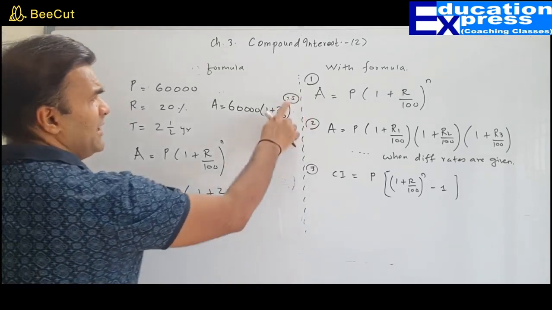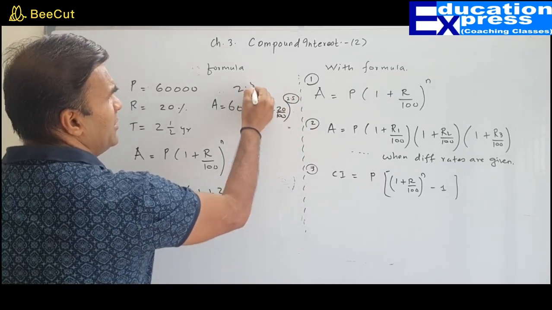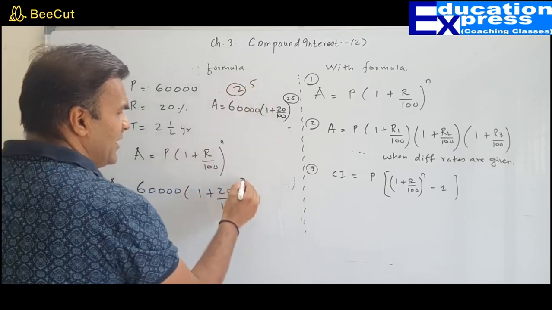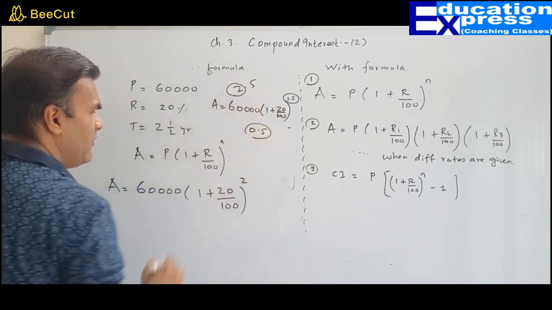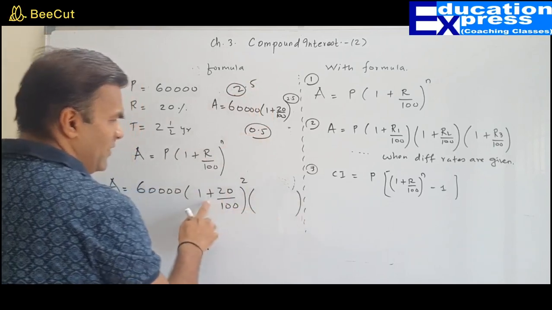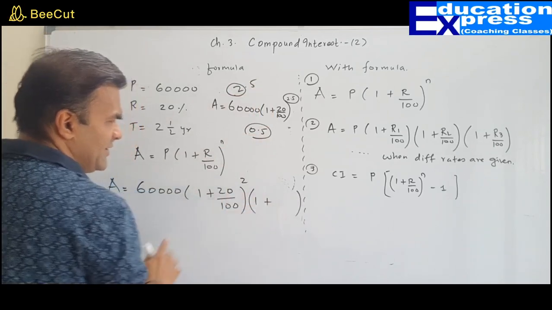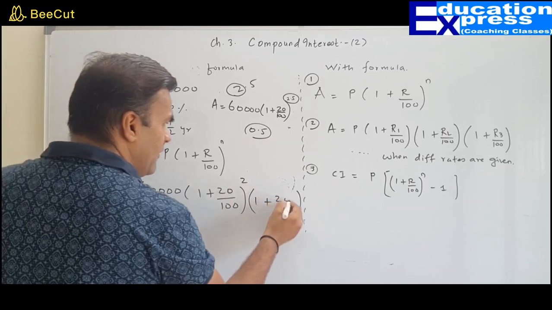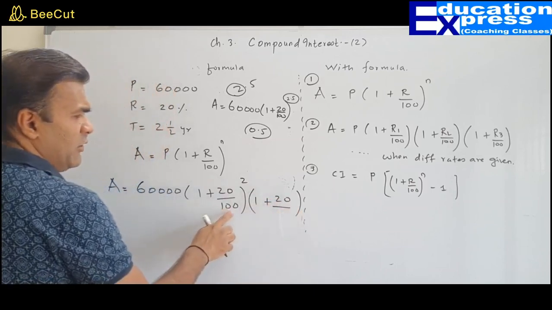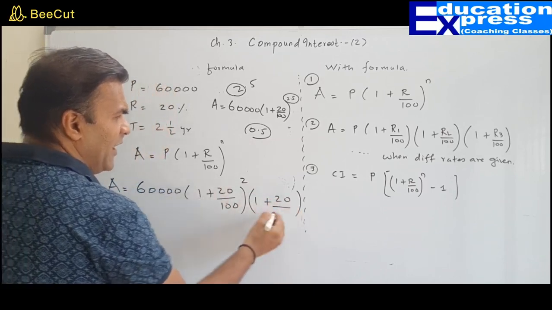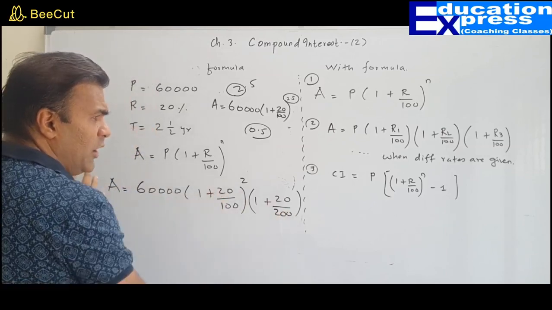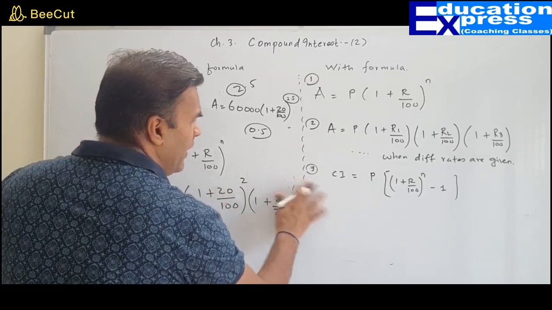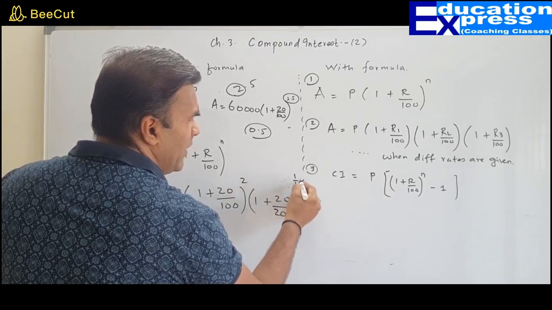So tell me what is the integer? So the integer is 2. So please take that integer 2. How much are we left with? So we are still left with half. Please write down the same thing. 1 plus, write down this 20. Alright, now instead of 100, write 200. And instead of half, multiply by 2.